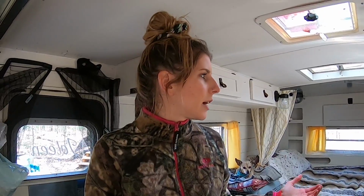So we were gifted this trailer. It's a 1983 high-low trailer, which means it is a pop-up. You can wind it down when you're not using it, and you're meant to pop it up when you are using it. Given the fact that it is so old, we haven't had any real maintenance done on the cranks